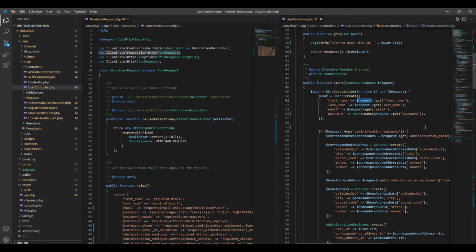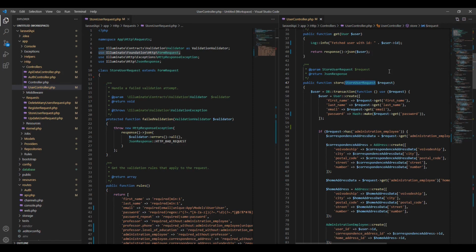To validate data, the only thing we need to do is to add this syntax in the parameter. Since here we have this class, I do not have to do anything more to validate data,